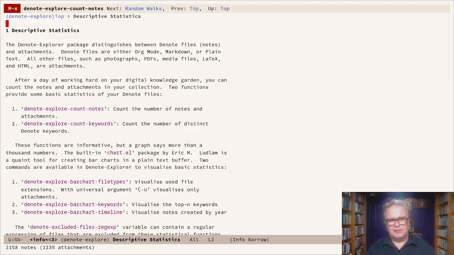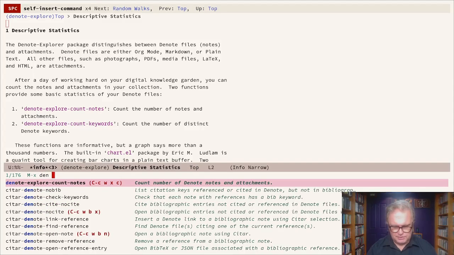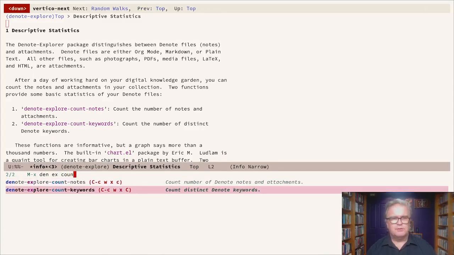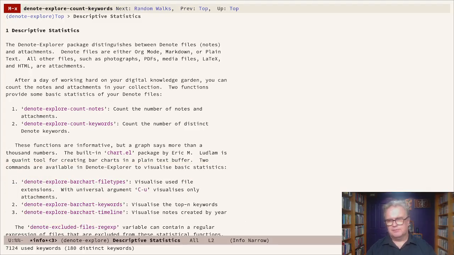So that's good. There's also a function to count keywords or file tags or categories, whatever you like to call them. It says here in the echo area that I have 7,124 keywords, of which there are 180 distinctive keywords. So that's interesting. But, you know, as I say, a picture says more than 1,000 words, so a graph says